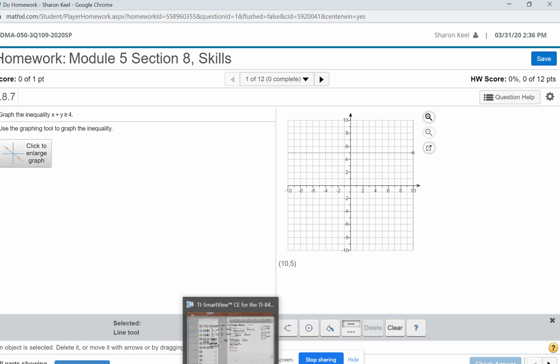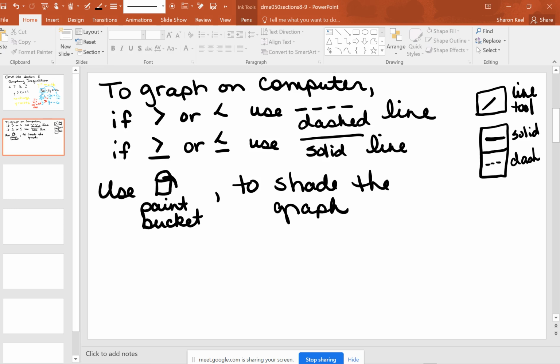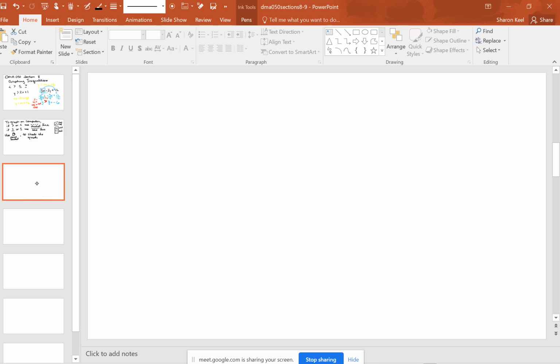So let me give you an equation. Let me go to a new screen here. Hang on. So if we have the equation, let's say y is greater than 2x plus 4, if I need to graph this inequality on your calculator,